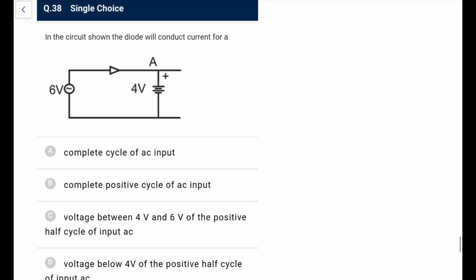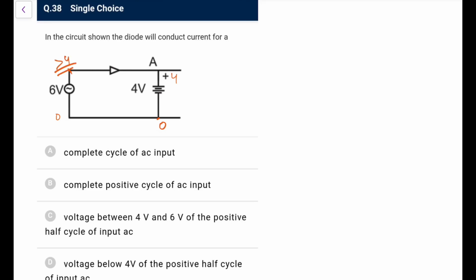Next, in the circuit diagram, the diode will conduct current for a... what we will have now. So let's say this I take as a 0 thing, this would be 4. Now when it is in the positive half cycle, let's say this would be 0 and it would be somewhat higher than this. So when it is somewhat higher, it has to be greater than 4, then only it will conduct,